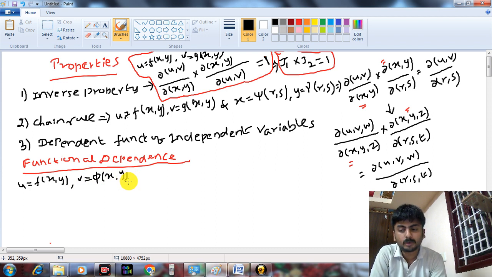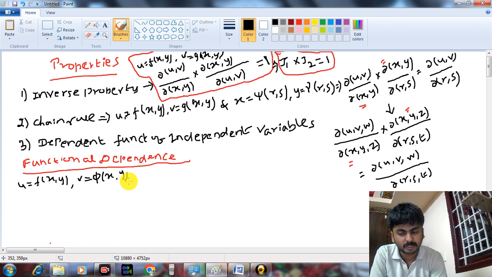So these two are functions of x and y, but they are two differentiable functions of the variables x and y. And also, you have to write, if these functions u and v satisfy a relation,